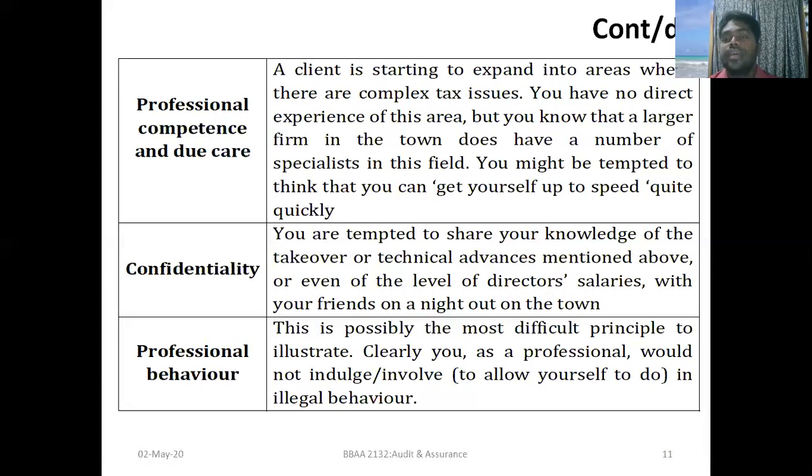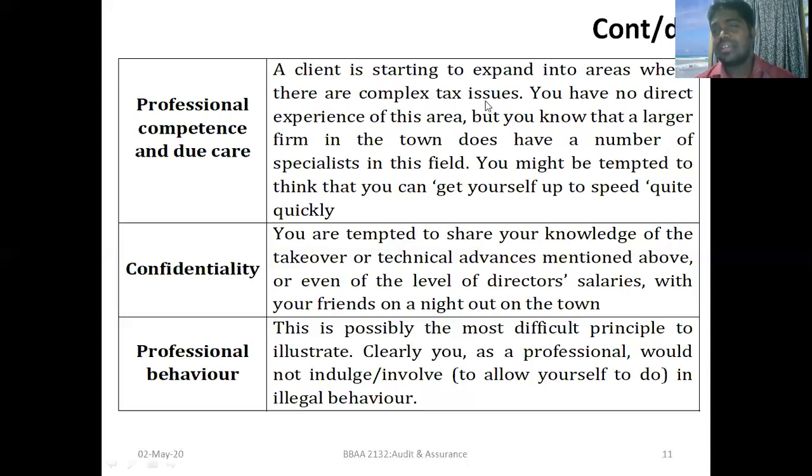Yes, because for example in Sri Lanka you can take Cargill's PLC. They have the Food City, the milk factory, the Cargill's restaurant. They have the Cargill's bank. So they have different products, no? So just think about the auditor, the Cargill's PLC auditor, I think EY or KPMG. What about the auditor? It's very difficult to do the audit for this kind of portfolio company. So similarly, one of your audit client companies is starting to expand into areas